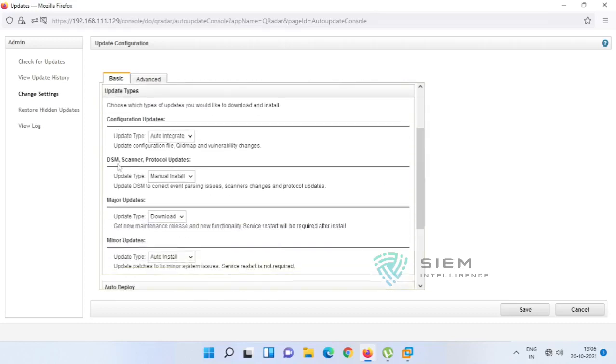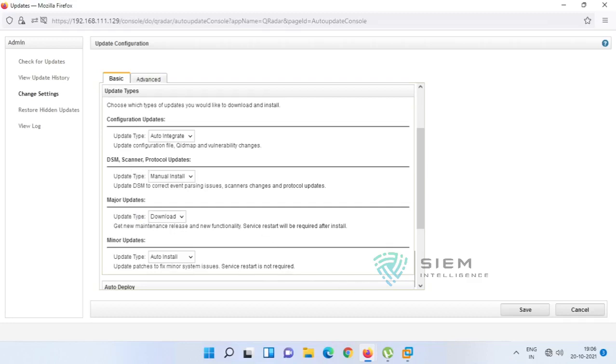See update types, there are 4 different updates. If you go from here, the major update is something like a service pack kind of thing with multiple fixes, you can say a quarterly update. Minor updates are any interim updates or emergency updates, fixes that won't affect your day-to-day activity. If you are going for a major update, you require a maintenance time, you can say downtime, for the sake of upgrading all these things, and you need to do the restart.